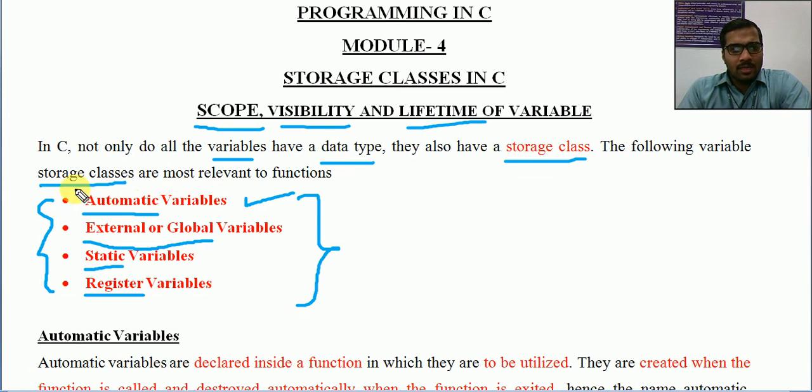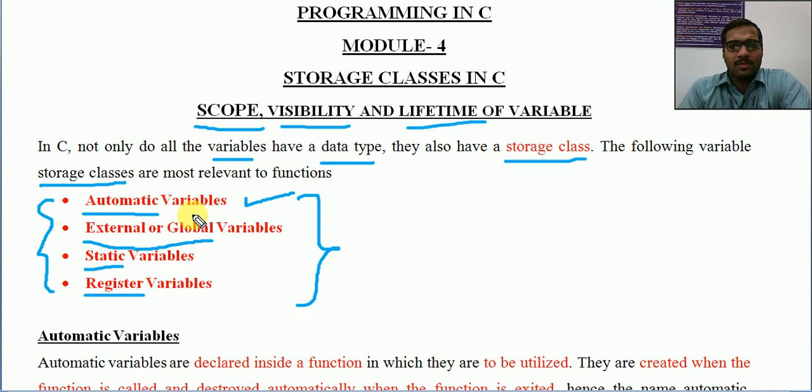Based on these individual categories, we will have these features in different formats. We are going to discuss only variables, the variable declaration and its usage. When we declare variables in different ways, the meaning will be different, like the lifetime, scope and visibility, depending on the type of storage class the variable uses.